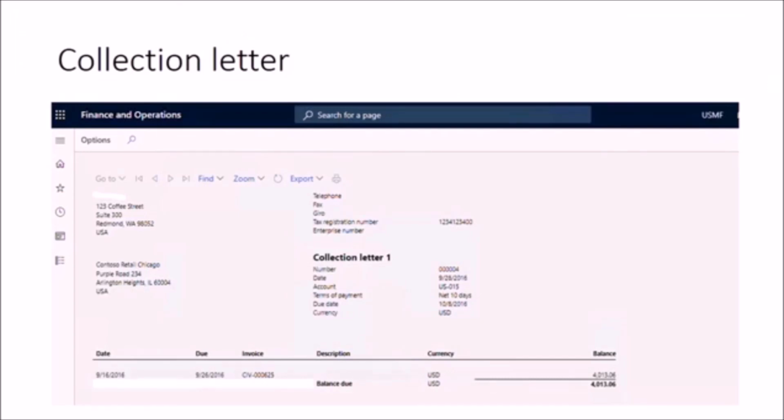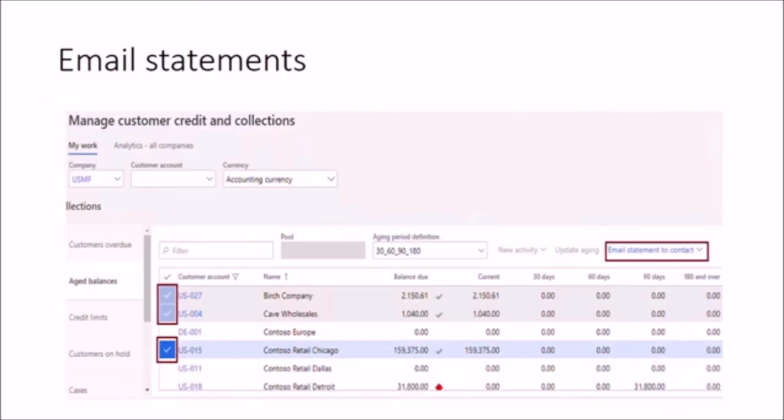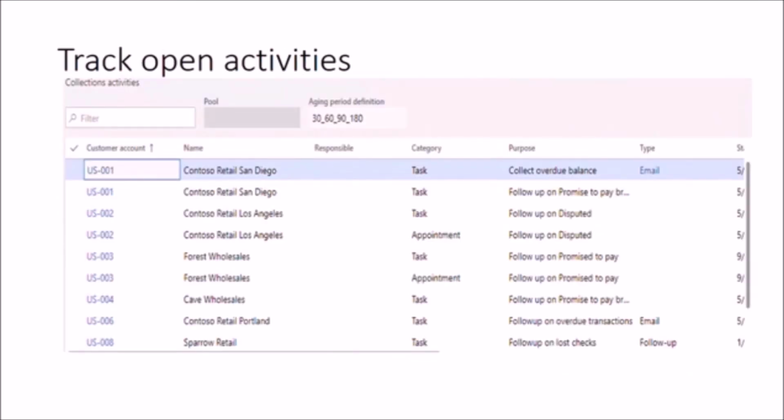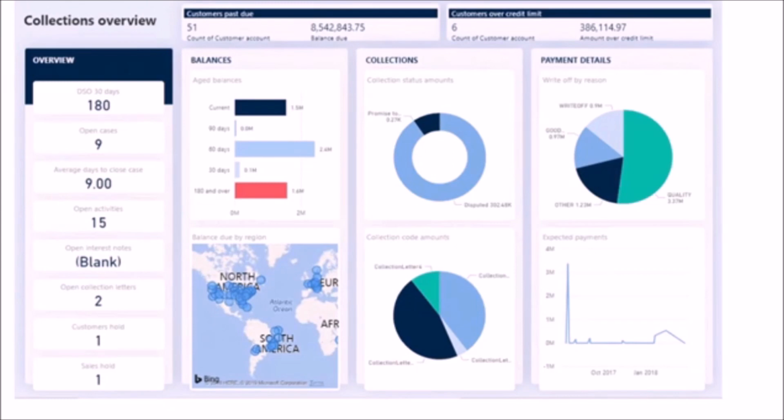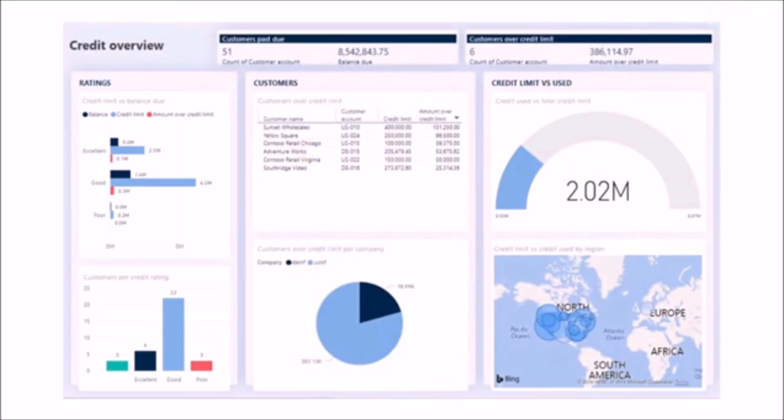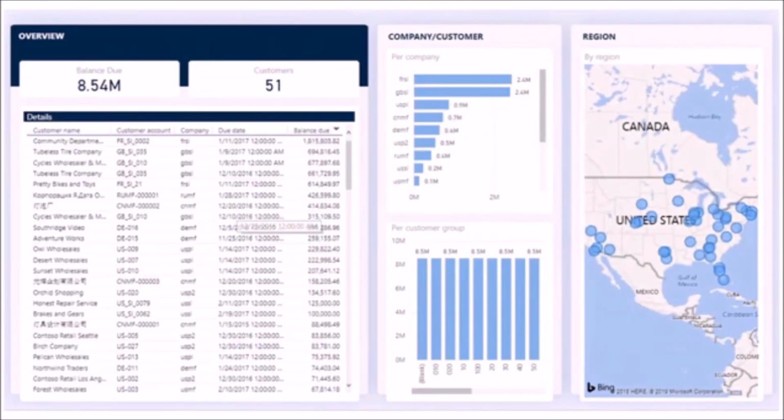This is a sample collection letter that can be sent to the customer. You can also email statements to the customer and any other contacts you wish to. You can track open activities. You can see various stock BI reports. Microsoft has a lot of stock BI reports on collection, and you can tell your IT department to configure them for you. Some of them are very useful to give management an overall overview. Now let me move you to